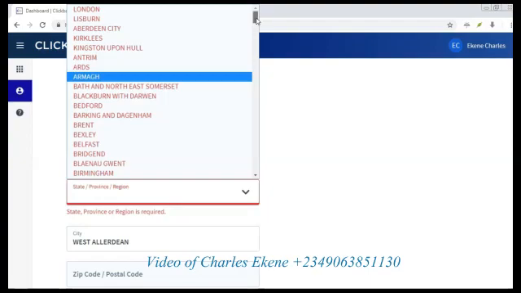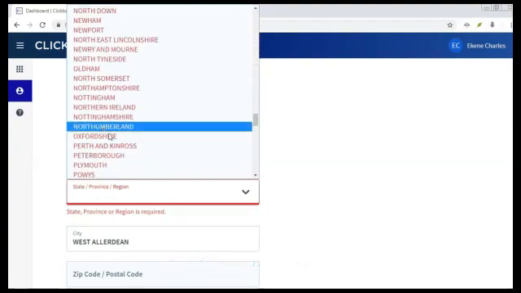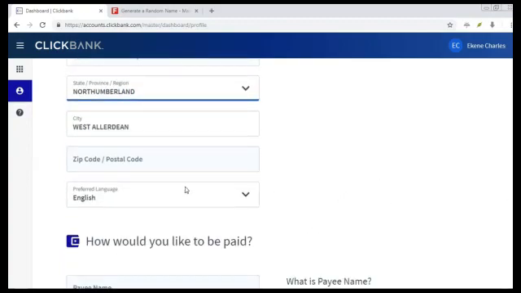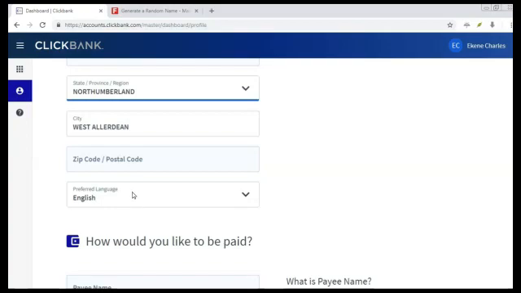Yes, it is. We have to search for this. This is it. So we have our state filled in. Postal code: we come over to fake name. This is our postal code. Copy it. Come back to Clickbank and